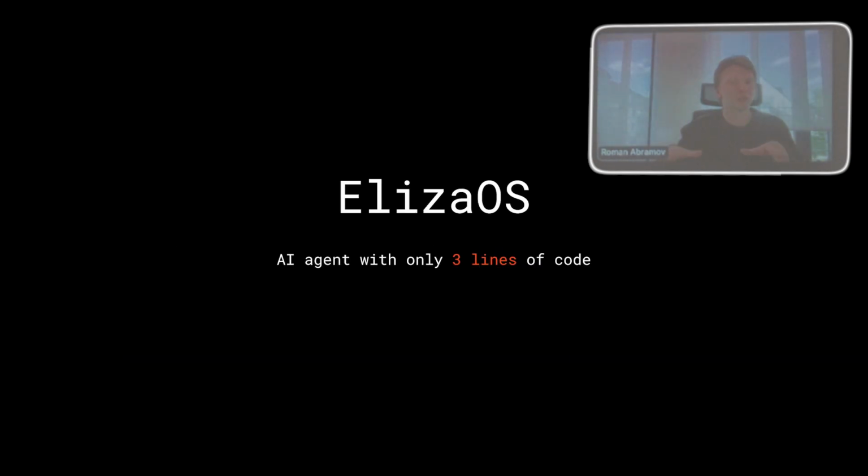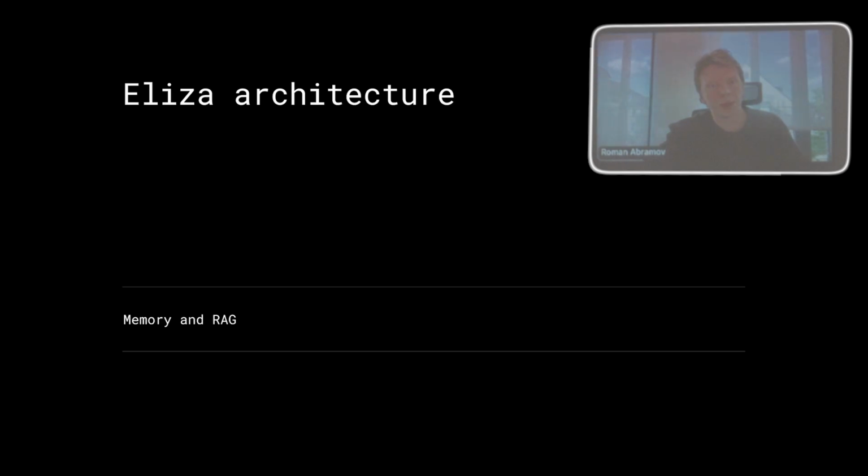But let's dive deeply into AI agents with ElizaOS. One of the reasons why I chose that is that you can actually run any agent with only 3 lines of code. You just install from the GitHub repository, create your environment, and then provide it with some OpenAI keys, for example, and you are ready to go. And as with any AI agent, Eliza provides you with the possibility to create memory and RAG. This is all implemented from scratch,